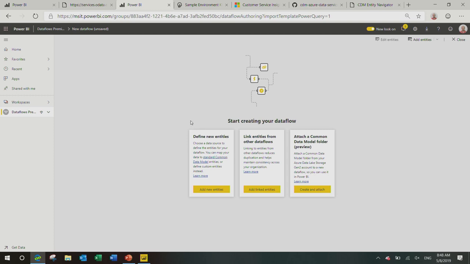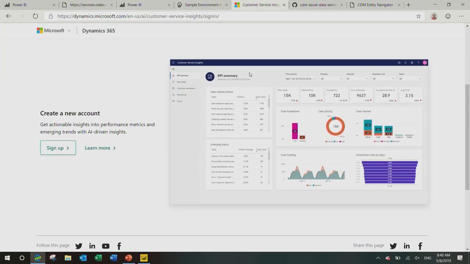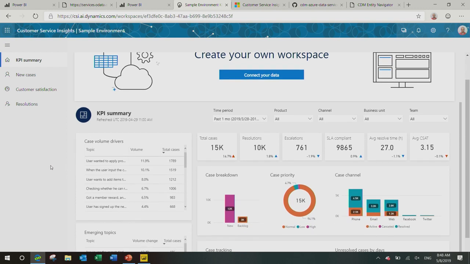And this is where some of those aspects come in. An example of a packaged application could be customer service insights. There are similar applications for sales insights, giving you insights over your sales pipeline from Dynamics, or customer service insights, giving you insights over your support calls, your support agents and how well they're doing, and what the feedback from customers is. Now, here is the application, available to look at live data. You can have this analytical application where your customers can simply sign up and have this populated.